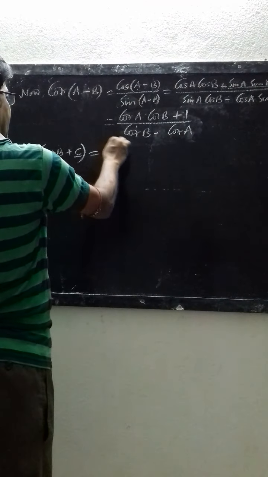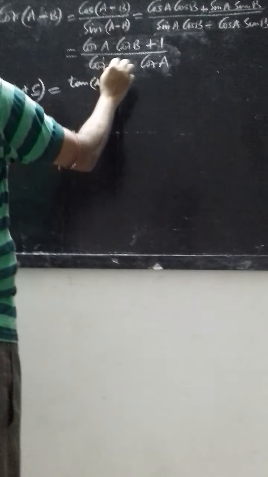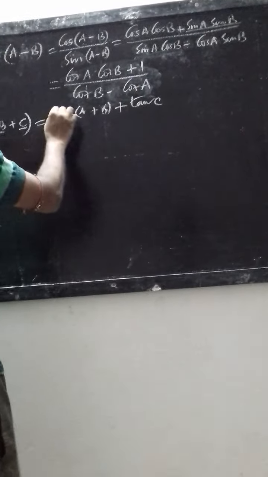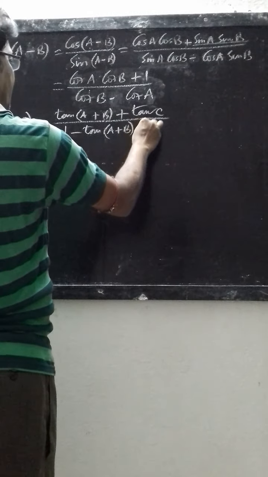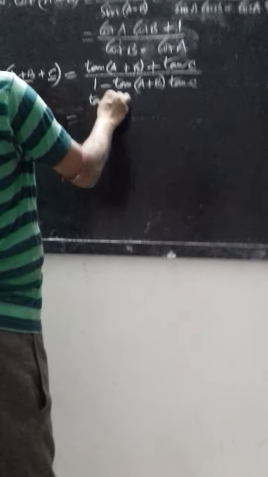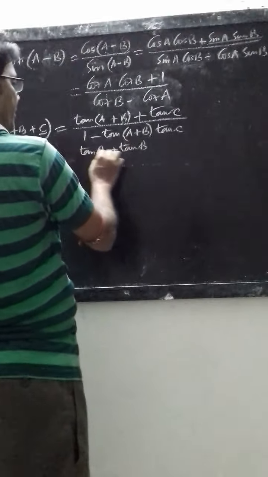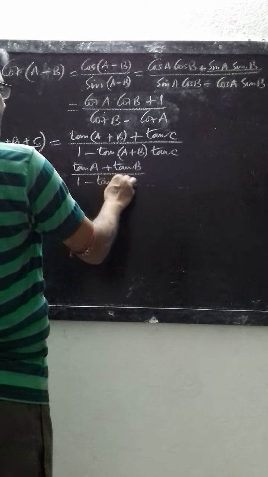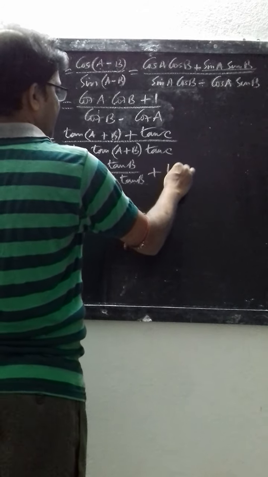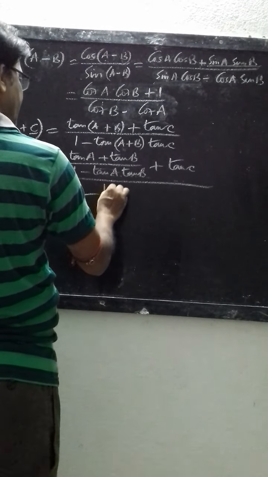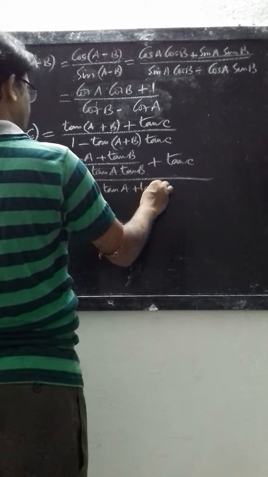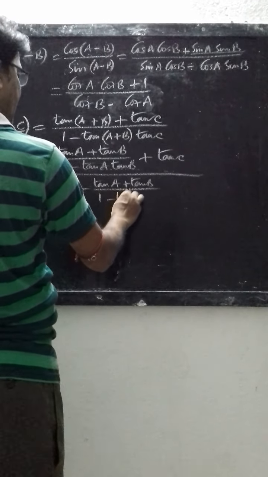This is equal to tan(A+B) plus tan C divided by 1 minus tan(A+B) tan C. This equal to tan(A+B) equal to tan A plus tan B over 1 minus tan A tan B, plus tan C, over 1 minus tan(A+B) equal to tan A plus tan B over 1 minus tan A tan B,